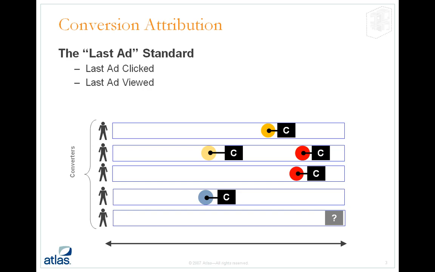Right now, this is the way that advertisers view the media that you're basically putting out there. So if you were the last ad, you get 100% of the credit. If you were anything other than the last ad, seen or clicked on, then you're going to get 0 credit. The reality now